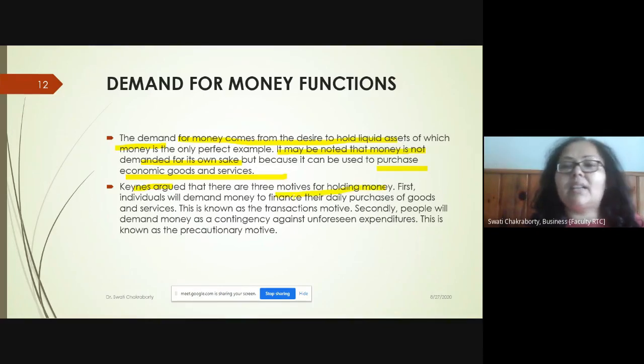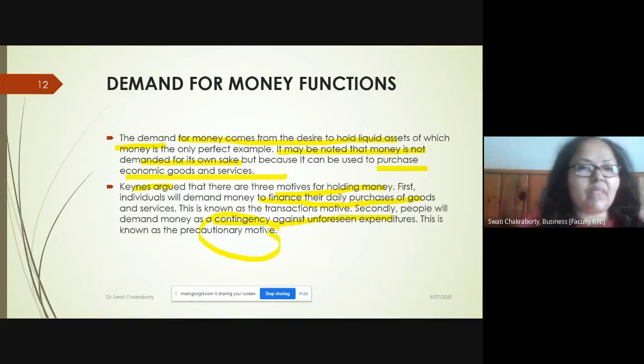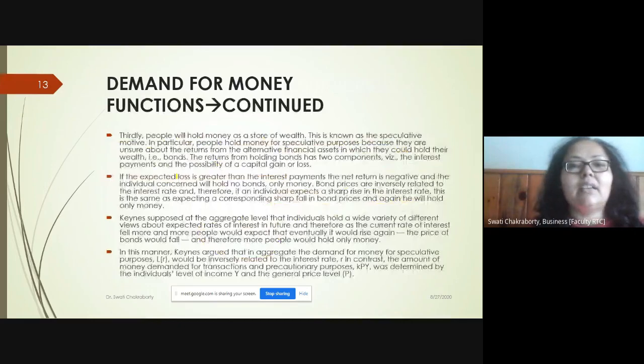First is to finance the daily purchase of goods and services. That's the transaction motive. Secondly, people hold money as a contingency against unforeseen expenditure, which is the precautionary motive, as we discussed. The third is when people hold money as a store of wealth,